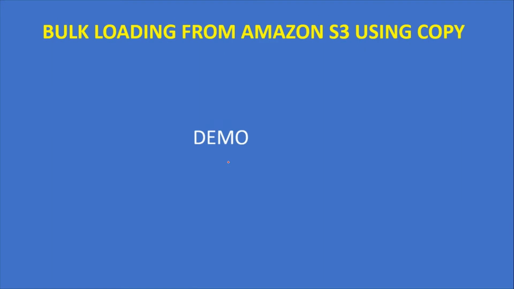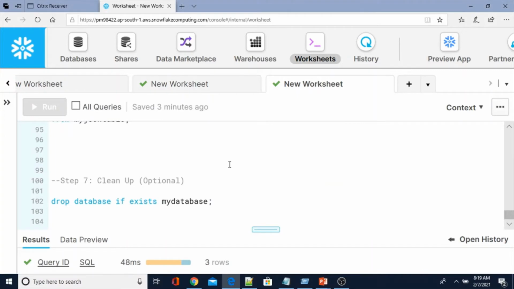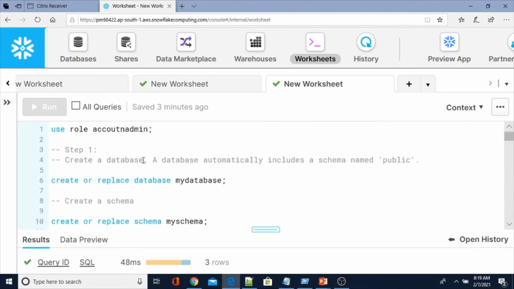Now let's start the demo. Here I am going to use the account admin role. As part of the first step, I am going to create a database.